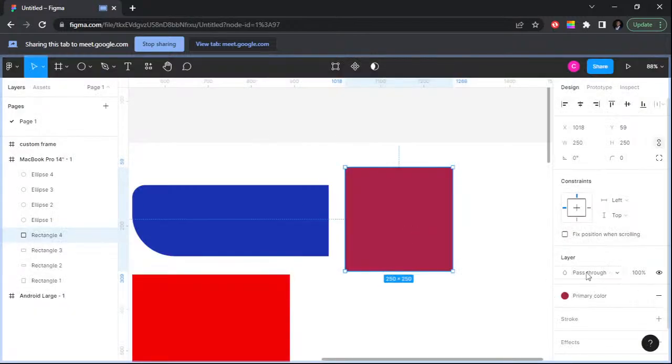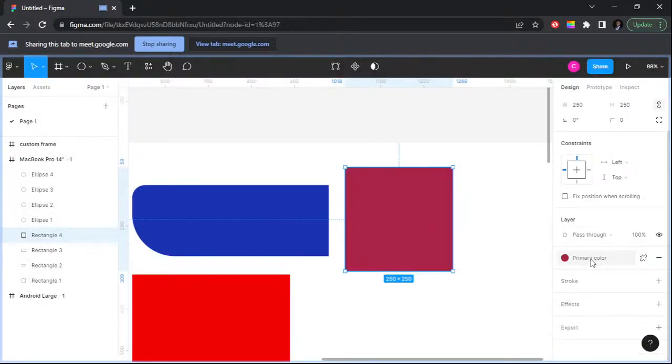So you can see here now in my view section, I'm no longer seeing that color box. I'm only seeing primary color. So I can create and document as many colors as possible. So the moment I do that,